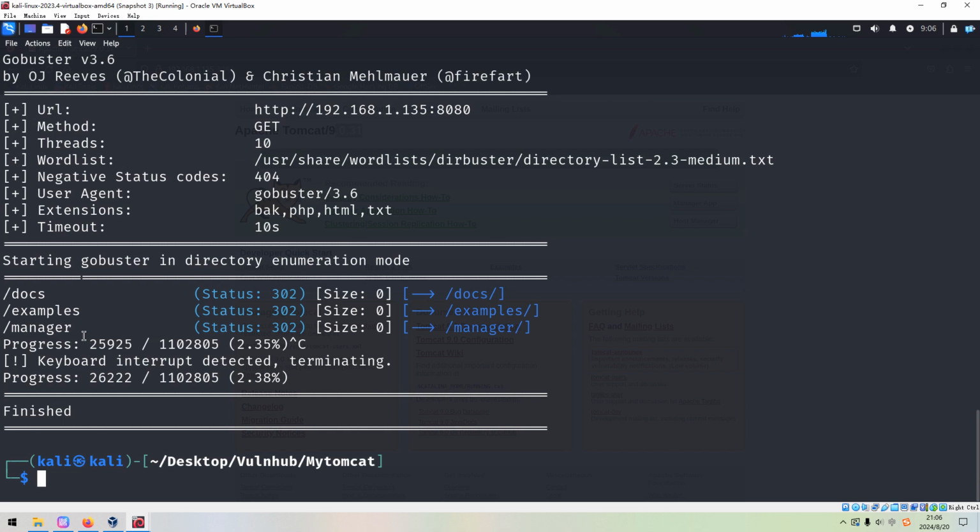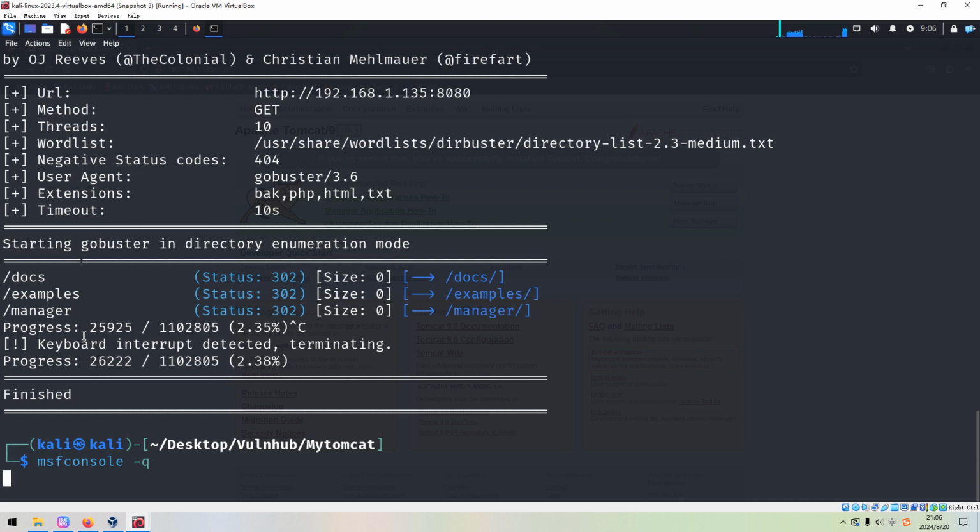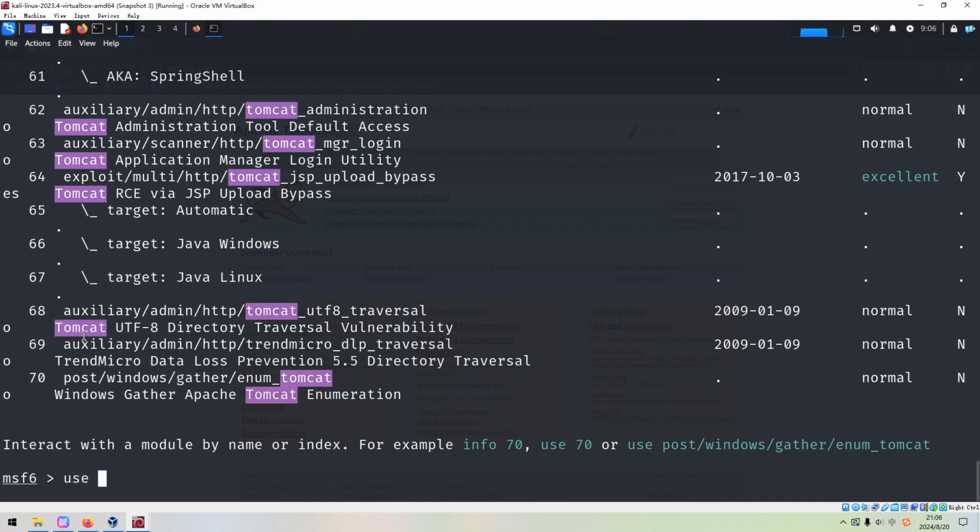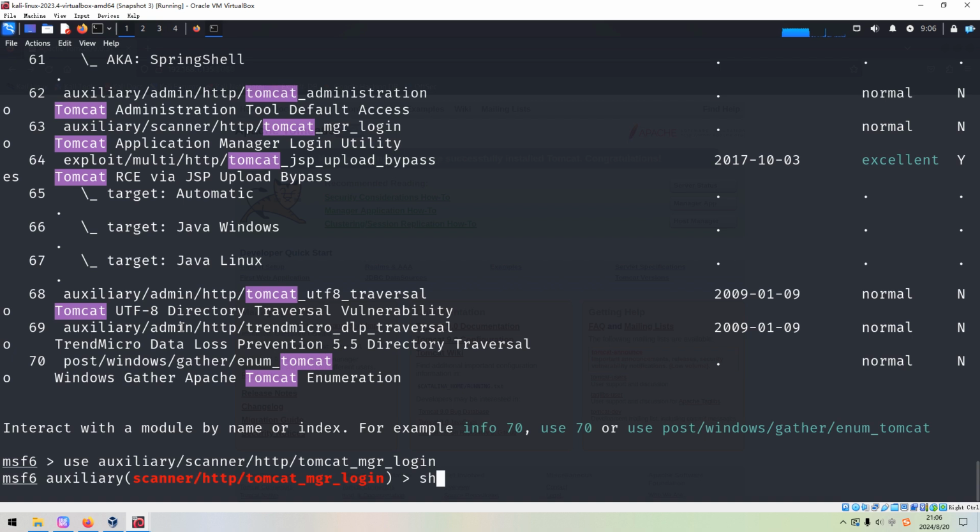I think this is what we are going to enumerate. So far we cannot find anything exciting, right? So how to do? Just mentioned, maybe we can launch the Metasploit console to see whether we can crack the credentials for the manager app of the target. Okay, it's loading, and then we can search, because I cannot remember the exact module name. So we can search Tomcat, and we can use, I think this one, the manager login is what I want. So we can copy this absolute path of the module, and then we can show options.